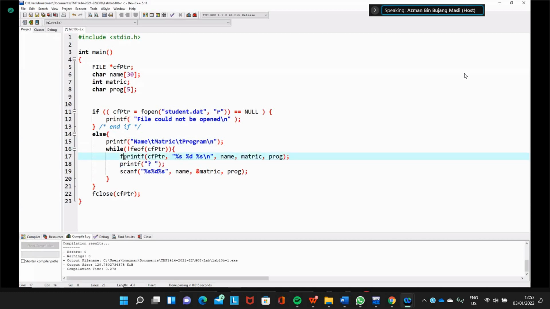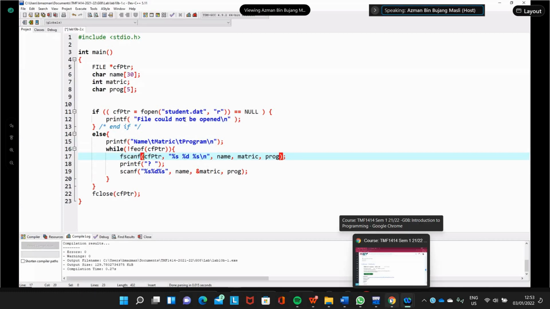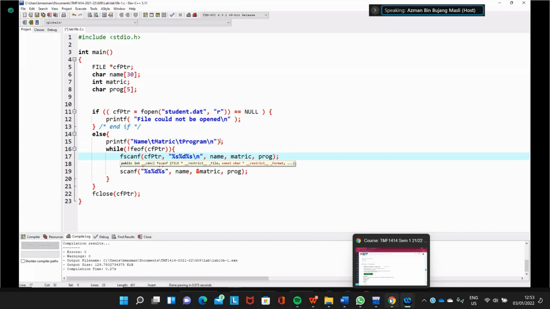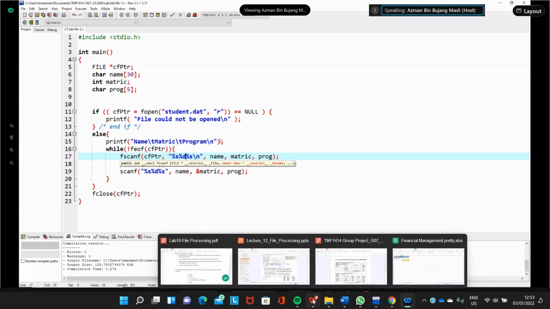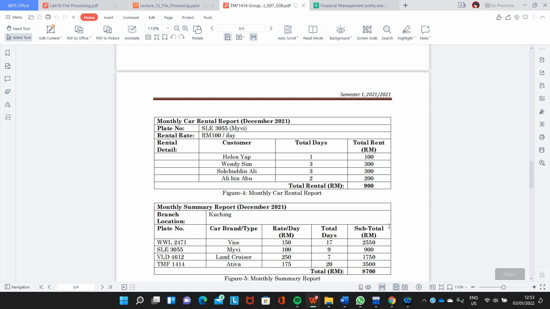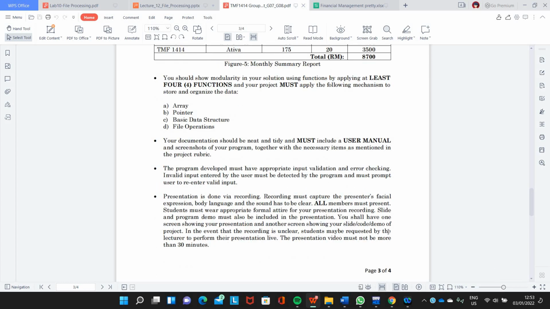It's not printf, but here we use fscanf, the file pointer, and then we are reading these few things, a string, and then a number, and then the program, and then we print it on the screen, so we don't use this anymore.